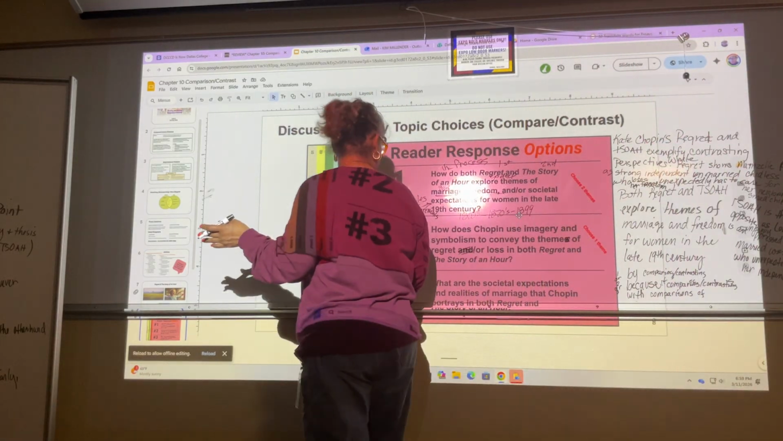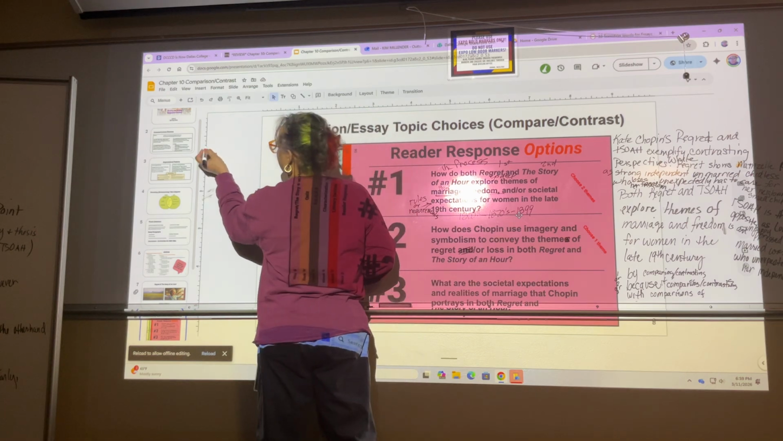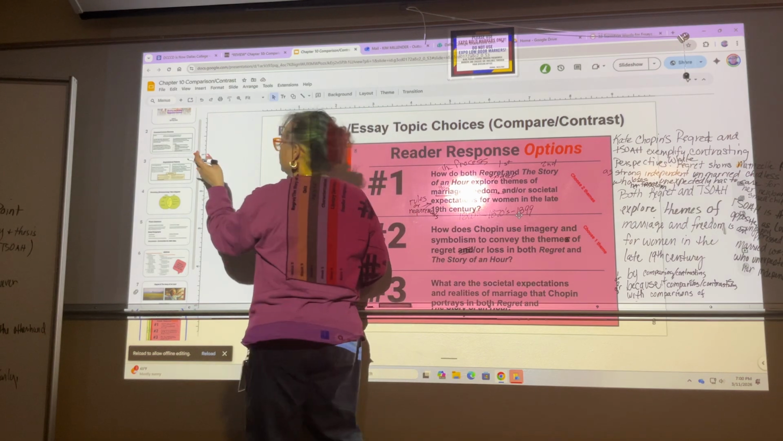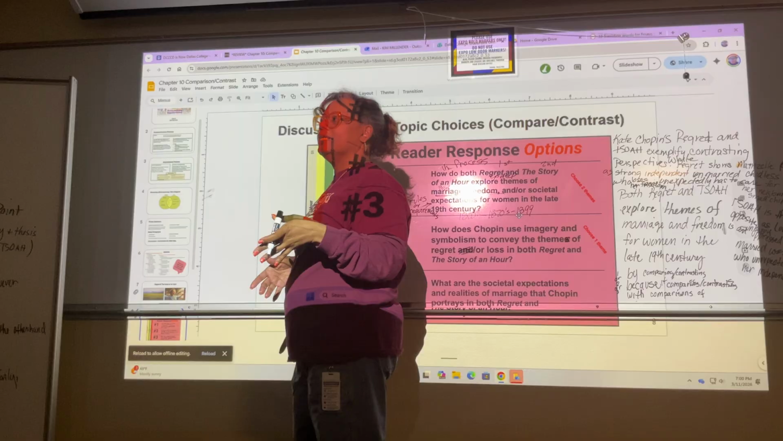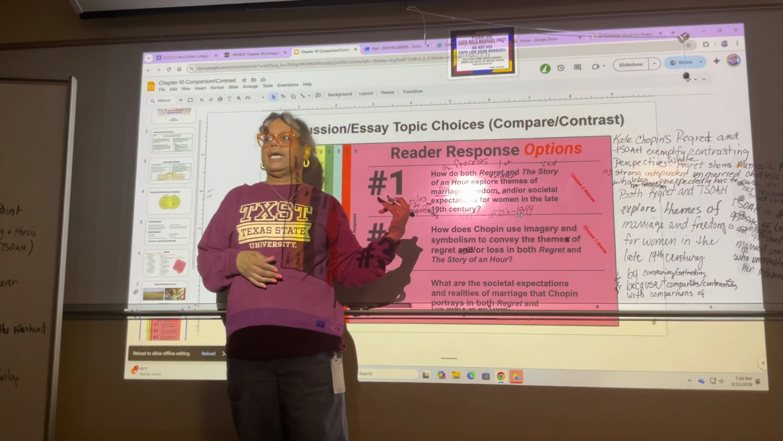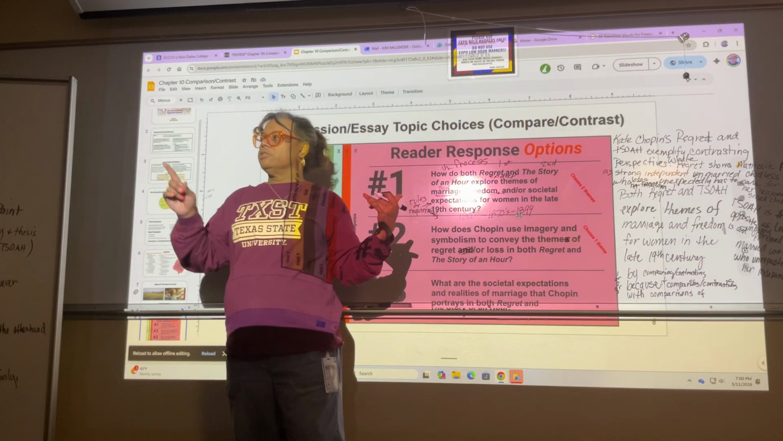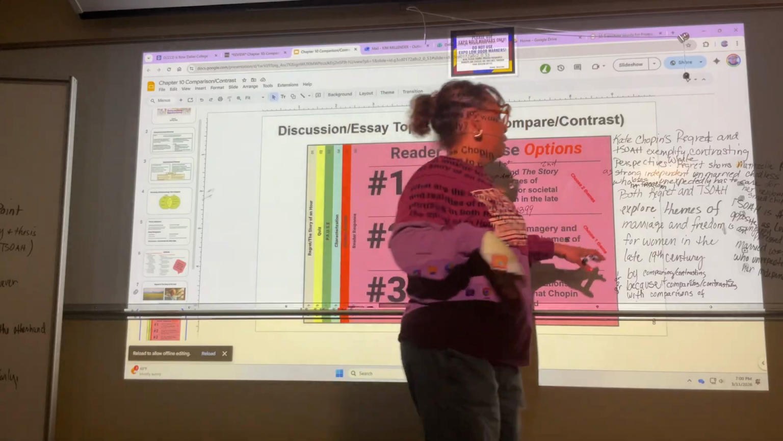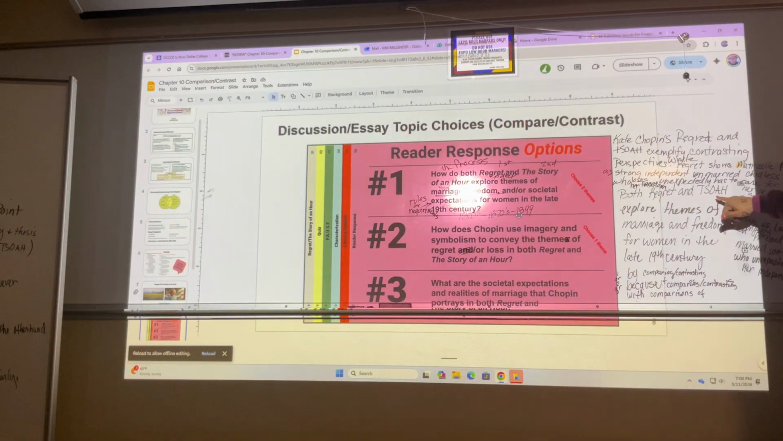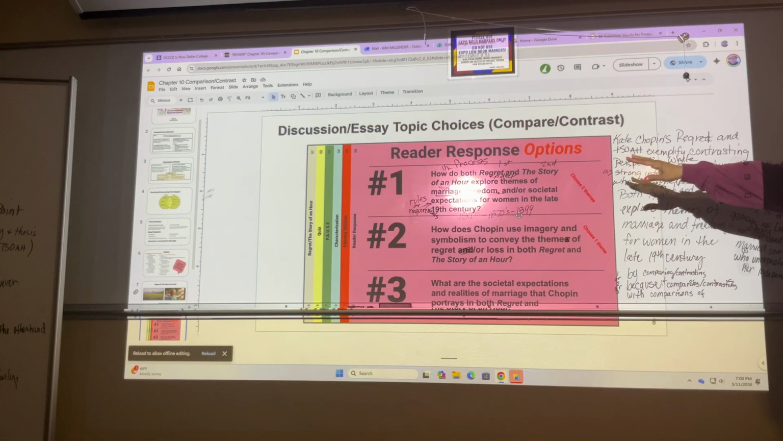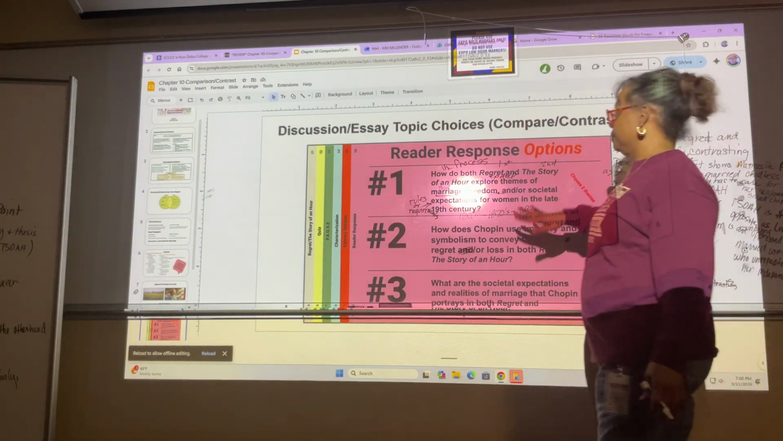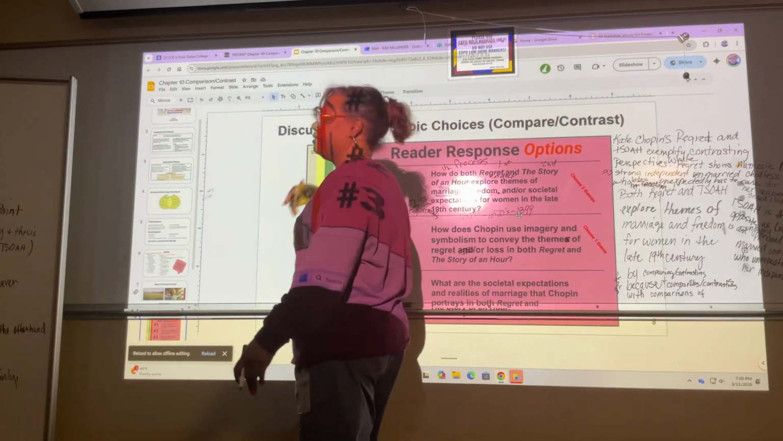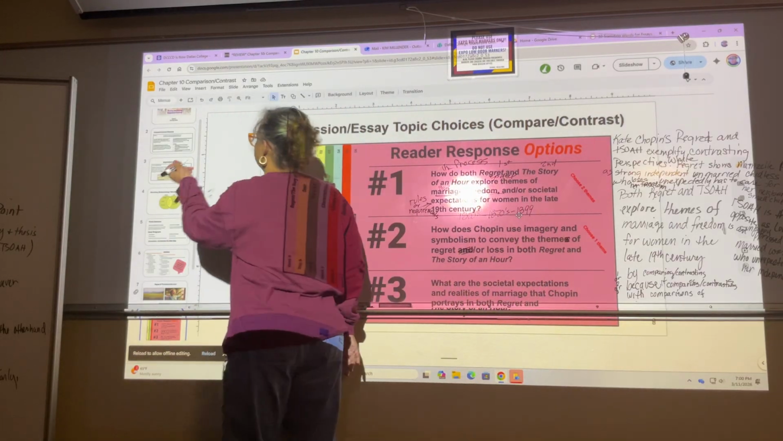Okay. How does Chopin use imagery? So we're gonna go back again. Now we're saying Chopin here because the sentence that we're rewriting has her name in it, okay? So remember we had that question over here, and I said you did not have to use her name down here because that didn't have it in there. That's part of your thesis statement. Well, this part of it, you have to say her name again. So Chopin